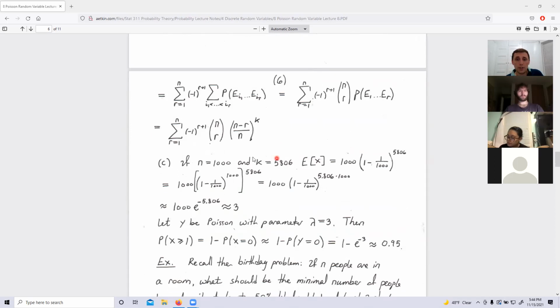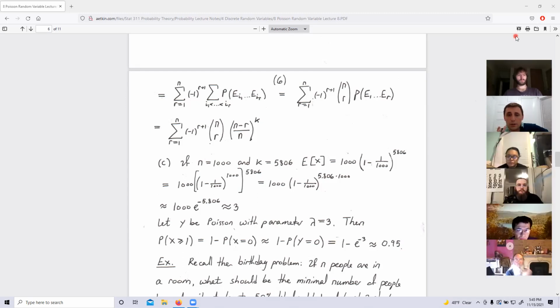We know that the expected value, if you have 1,000 boxes and 5,806 balls, is this. And we can simplify this expected value slightly. So this is going to be my lambda, that's kind of like the probability multiplied by the trials. It doesn't have to be, as I mentioned, binomial. It has to be somewhat weakly dependent,